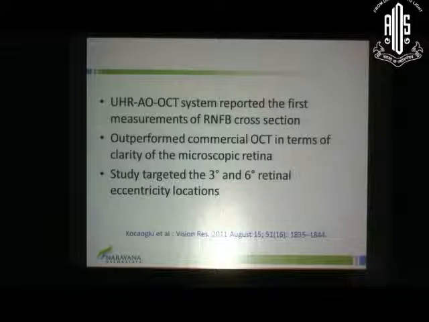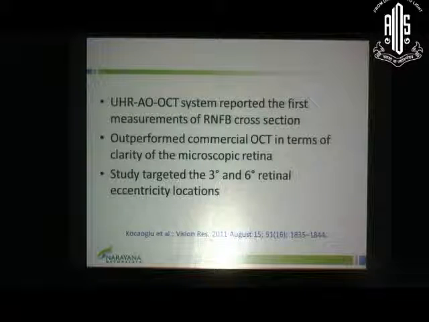Now this is an image where I'm just showing the way the edge of the disc is seen. This is the temporal edge. We can see the pores in the lamina cribrosa and the blood vessels. These are the temporal retinal nerve fiber layers. Imaging very close to the disc is not a very ideal method, because it's said that very close to the disc the RNFL is very thick and crowded, so we may not get images of individual nerve fiber bundles.